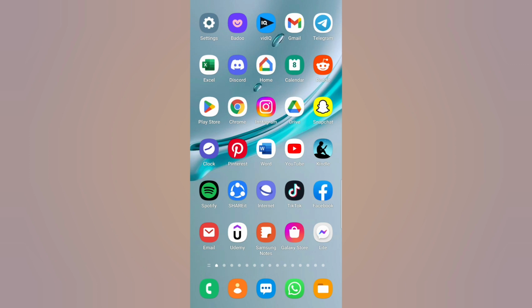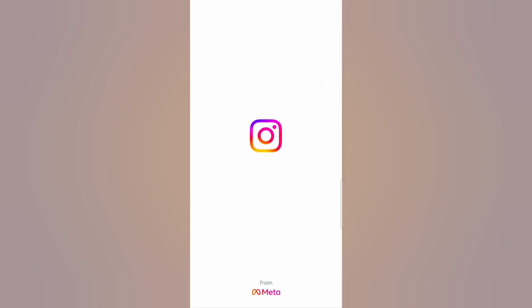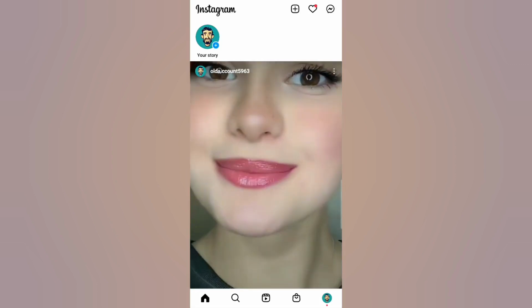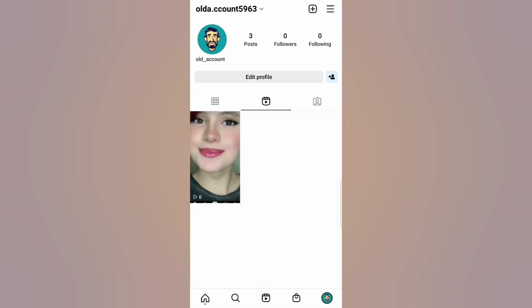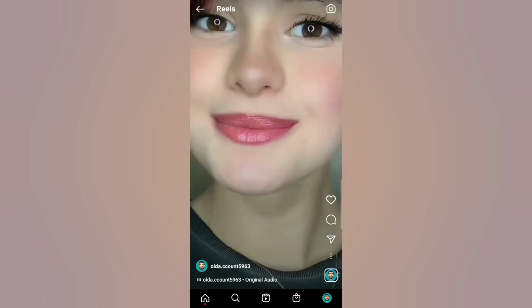So go ahead and open up Instagram and log into your account. Once you do that, go to your profile by clicking on the icon at the bottom right, and then go to your Reels section. Say for example I wanted to turn off comments for this reel right here. I will click on it, and then from the toolbar at the bottom left I will click on comments,